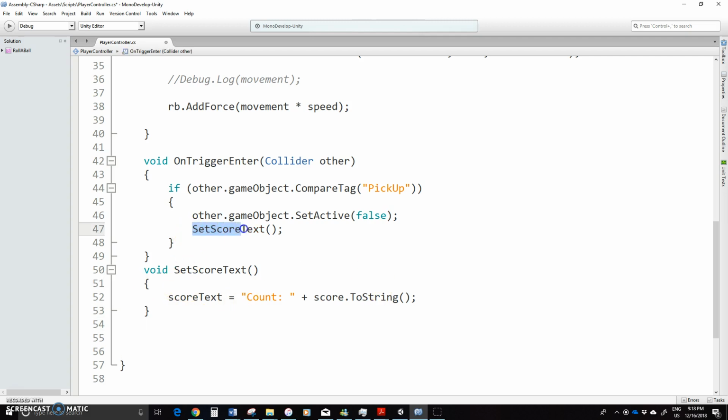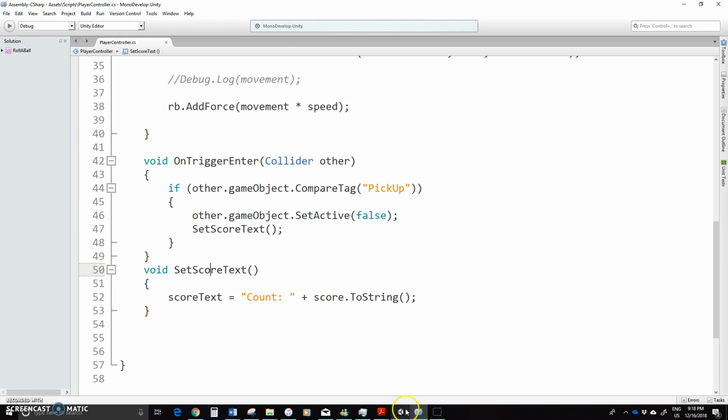Notice now, because we've defined this function, then this is no longer red. Now, if I change the name, okay, don't do this, but you can see right away it has a problem. But as long as the two matched up, say I didn't like an O in there for some reason, it doesn't care. Okay, so in this case, this is a function we created. It's going to only be called when we run into something. So it doesn't really matter the name. But again, anything that's more clear than something that isn't clear is better. So I'm going to run this